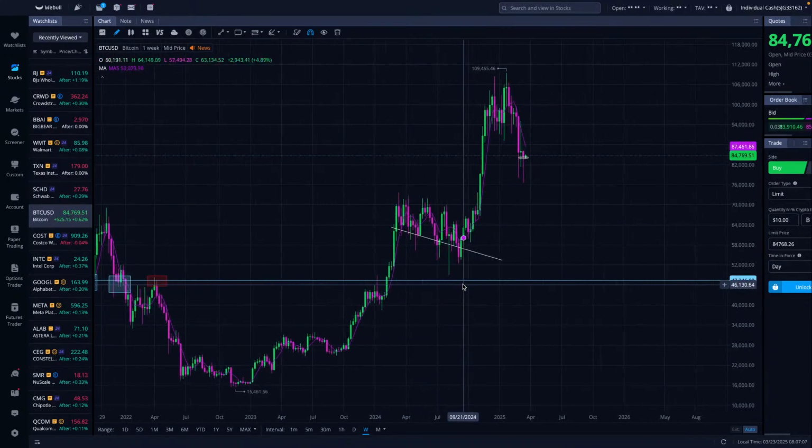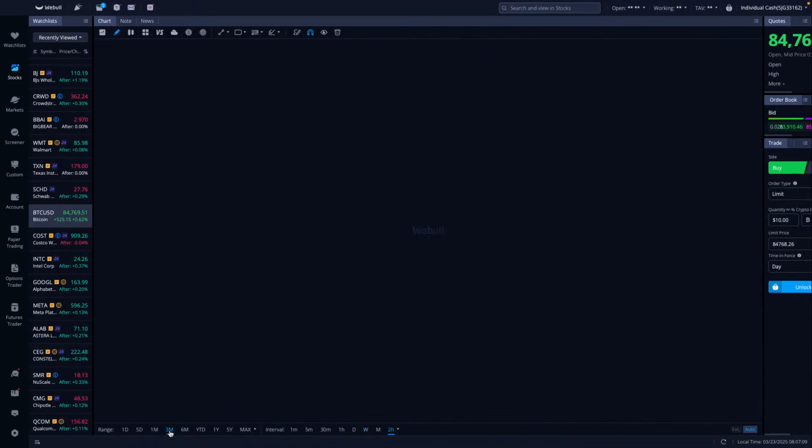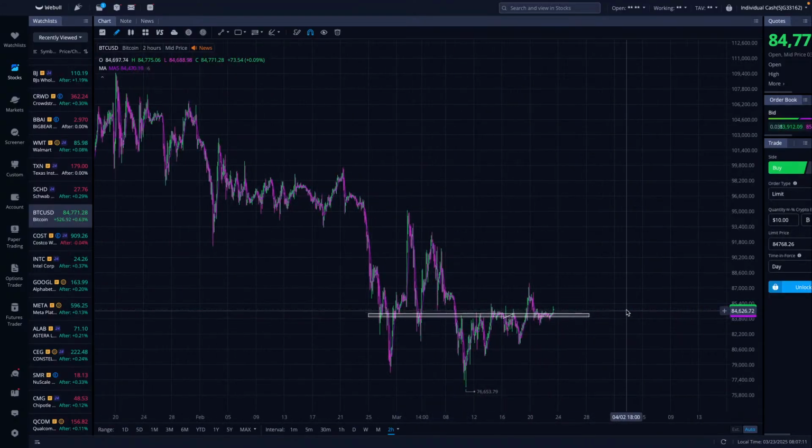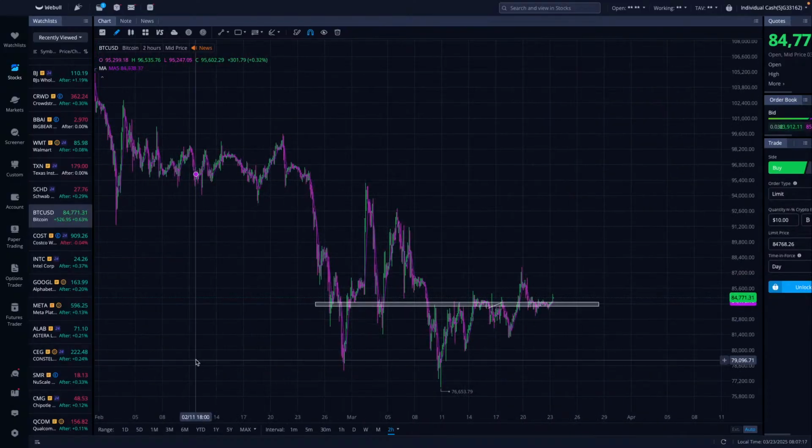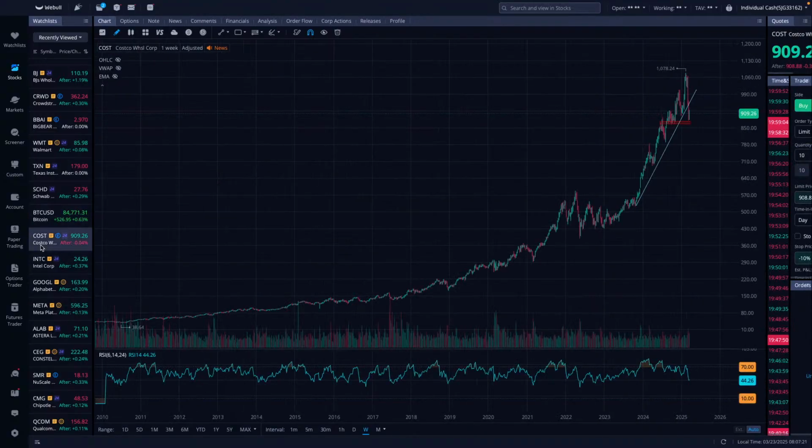But looking here, we're just looking for this move. Is it going to consolidate? Is it going to hold? It's at 85,000, and it's got to make a decision here. Right now, it's still not clear. I want to see if we're going to make a move lower. If it doesn't, we'll get a retest up to probably 90,000.